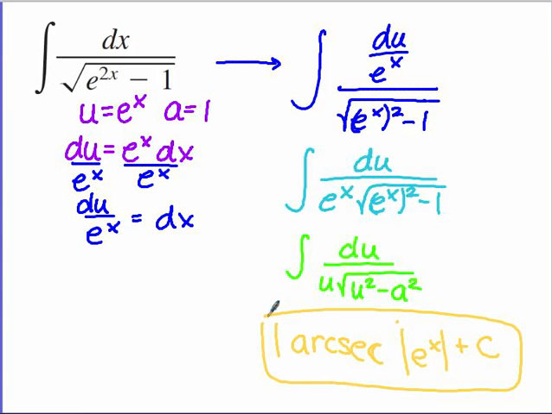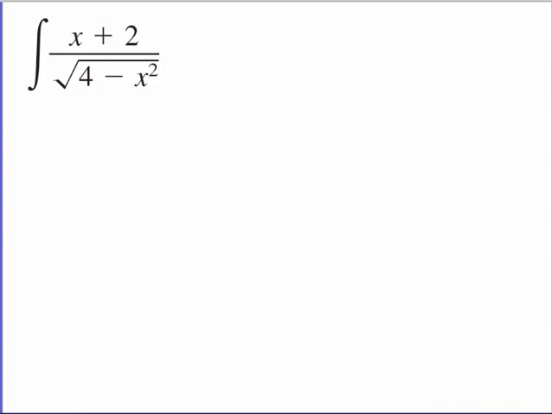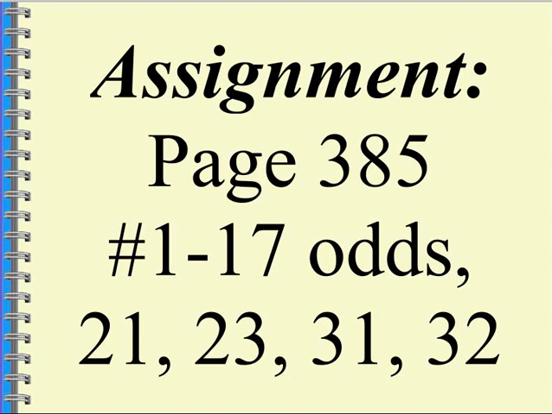What I'm going to do is leave 2 problems for tomorrow, and I'm going to give you the rest of the time to get started on your assignment. Here's your assignment: page 385, 1 through 17, the odds, 21, 23, 31, and 32. Now real quick, on the 1 through 17, the odds, you might be able to use an old way, so don't automatically assume